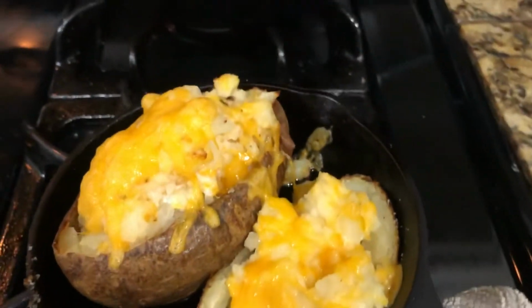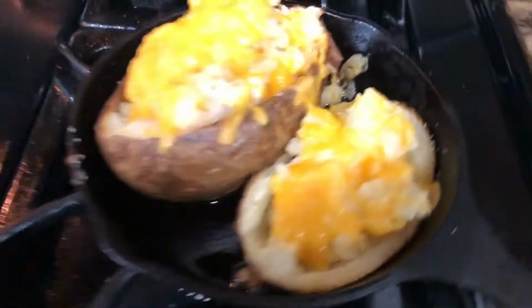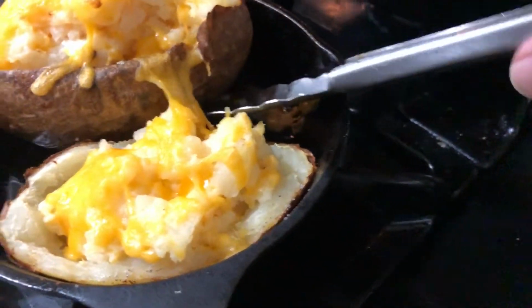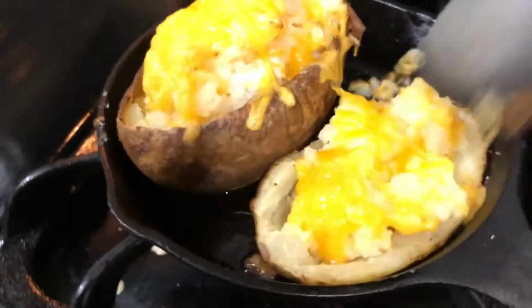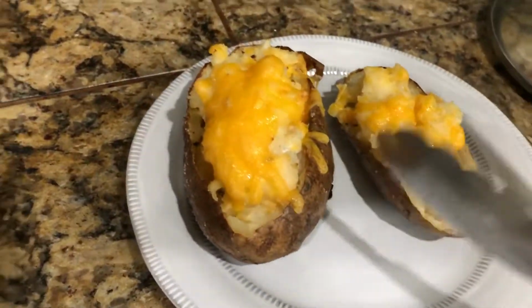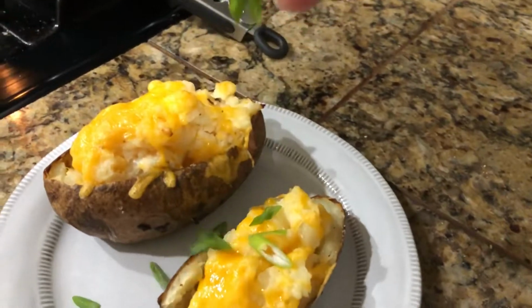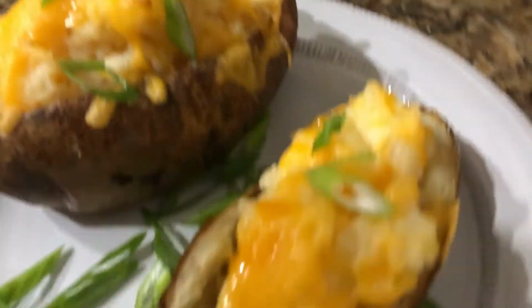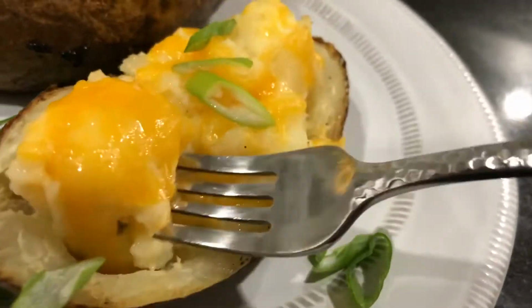Oh my goodness, it looks amazing. So let's put our recently made potatoes on this waiting plate right here. All right. Some garnish, just some scallions. Looks pretty. It's an easy process. It's just a little bit long, but